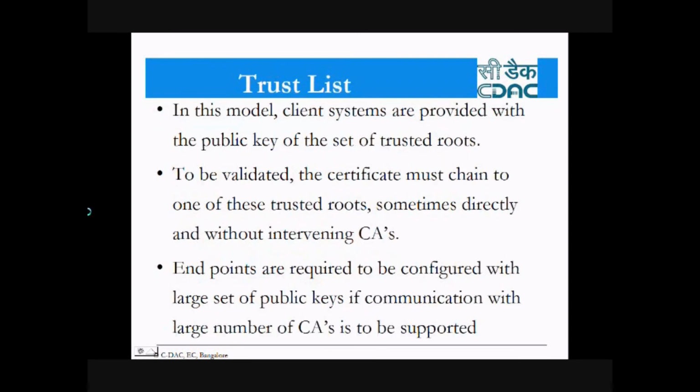Another simple model is something like a trust list. In this model, all the clients or individuals maintain a set of trusted roots. To be validated, the certificate must chain to one of these trusted roots, sometimes directly and without intervening certifying authorities. Endpoints are required to be configured with a large set of public keys if communication with a large number of certifying authorities is to be supported. For example,